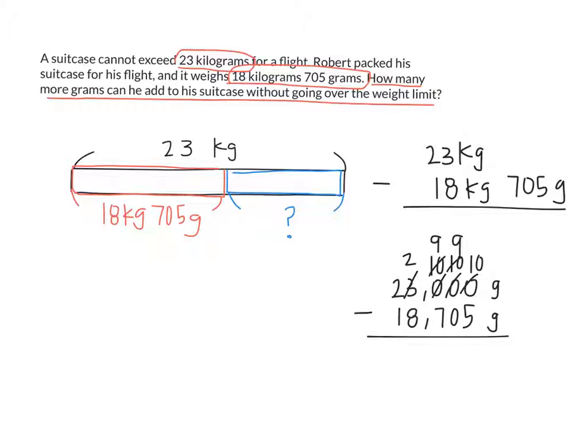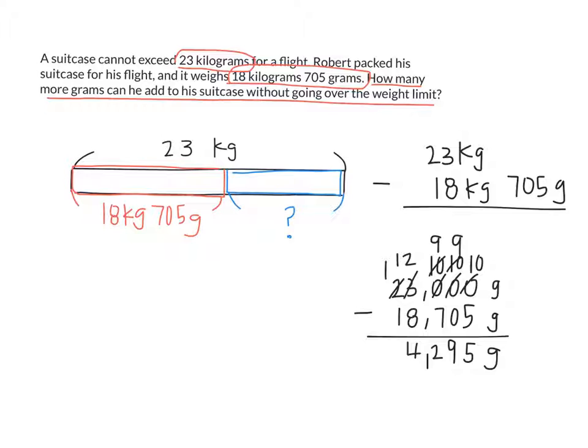So we have 10 ones, we take away 5. How many do we have left? 5. We have 9 tens, we take 0 away. How many do we have left? 9. We have 9 hundreds, we take 7 away. How many do we have left? 2. Okay, we have 2 thousands, we want to take 8 away. How many do we have left? -6. Do we want that? No. So let's regroup. Now I have 12. Take away 8 is? 4. We have 1 ten thousand. We take 1 away. That is 0. So the answer is